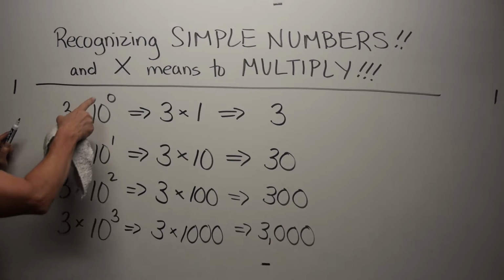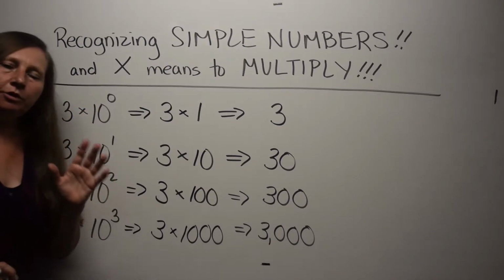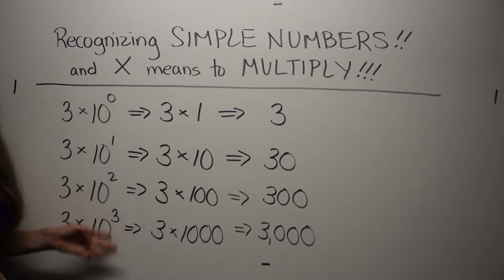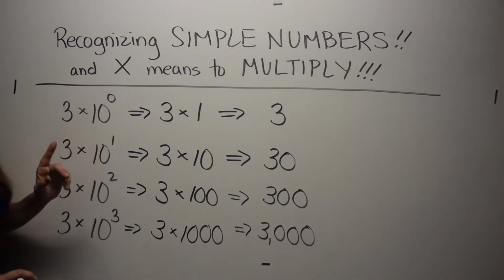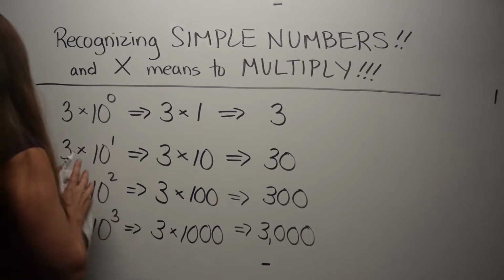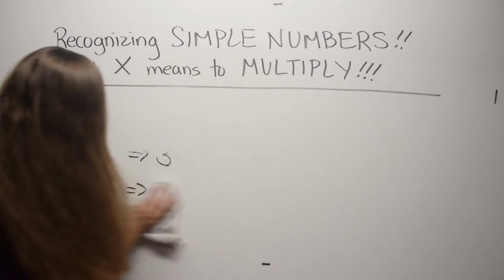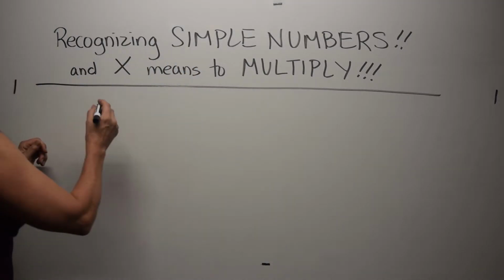Now let's look at some other numbers that are 10 to the 0 or 10 to the first, multiplied by 1, 10, 100, or 1,000. You want to be able to recognize what 10 to the 0, 10 to the 1, 10 to the 2, and 10 to the third power represent. Again, 1, 10, 100, 1,000. You really want to be able to recognize that. So for example, if we had